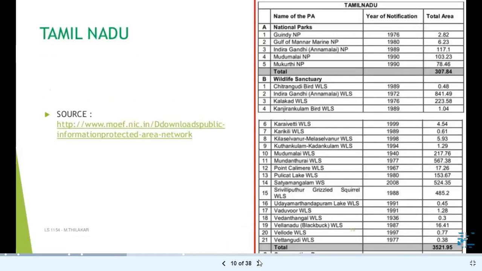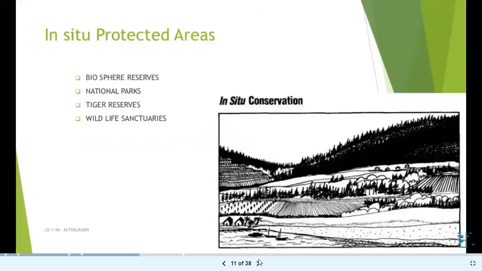फिर नेशनल पार्क की जो संख्या देख रहे हैं वो अलग अलग है। जैसे तमिलनाडु में दिखाया गया है, अलग अलग स्टेट वाइज दिखाने की कोशिश की है। अब हम आते हैं मेन टॉपिक पर, इन सिटू प्रोटेक्टिव एरियाज। तो इसको 4 ग्रुप में डिवाइड किया गया है, बायोस्फीयर रिजर्व्स, नेशनल पार्क्स, टाइगर रिजर्व्स एंड वाइल्ड लाइफ सेंचुरीज।